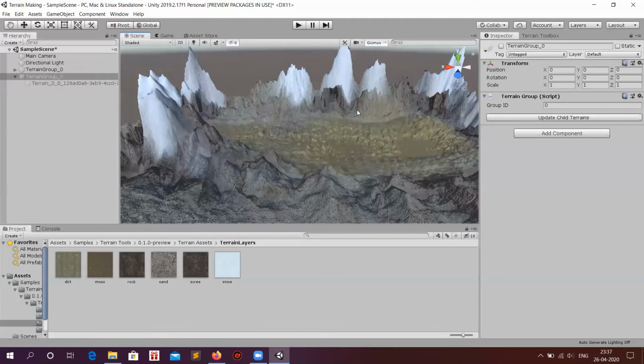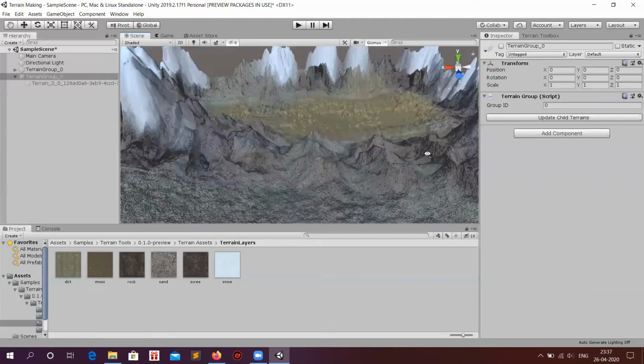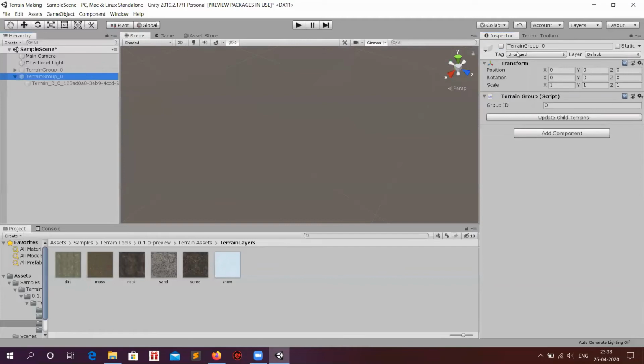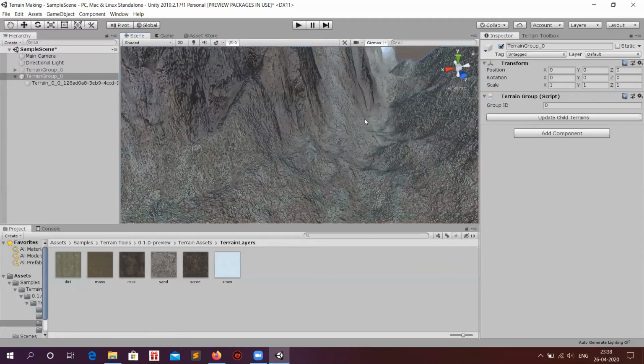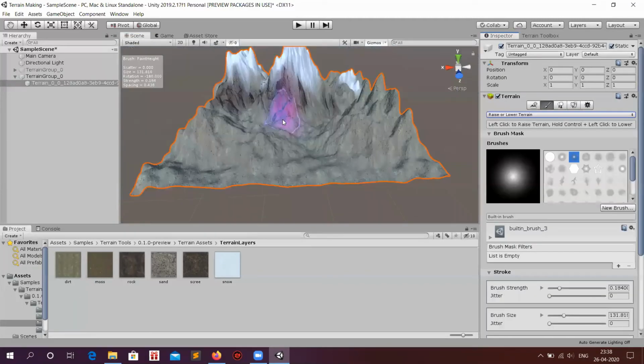This is the one that we created using those tools, and you can create a number of terrains and outputs as many as you like. So before concluding the video, I would like to discuss some more options. Like you must be wondering how to reduce the mountain's size. Again, we select the raise or lower option, and if you press shift and click, you can see the mountains are reducing, right?